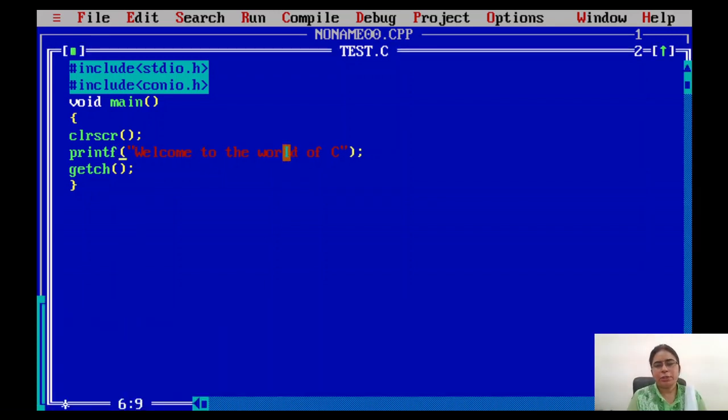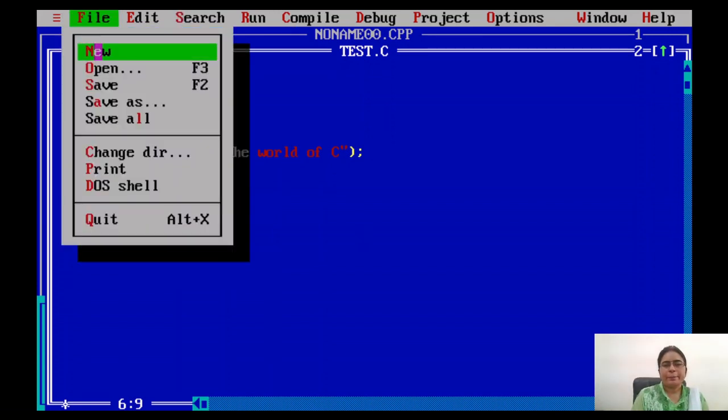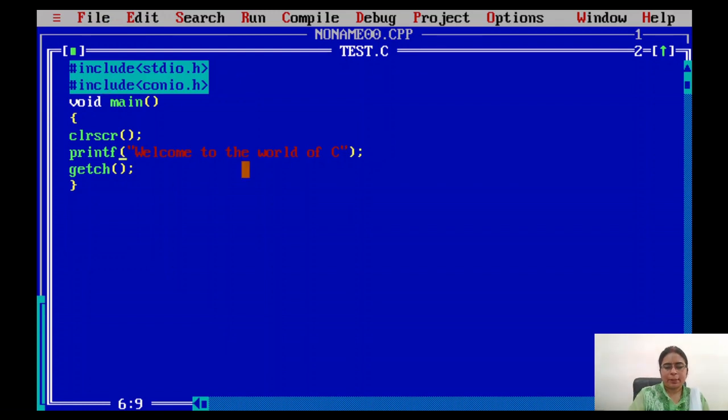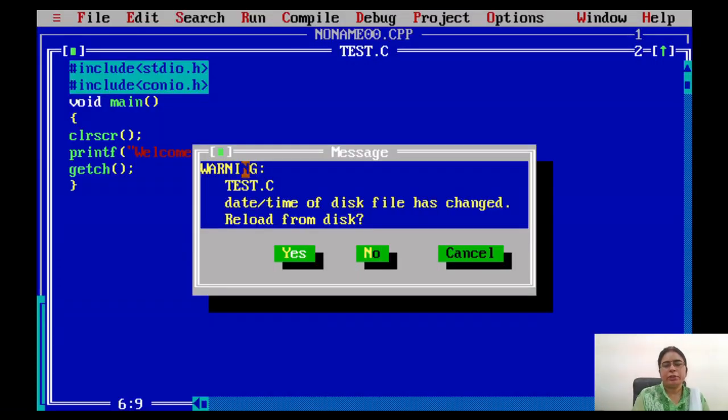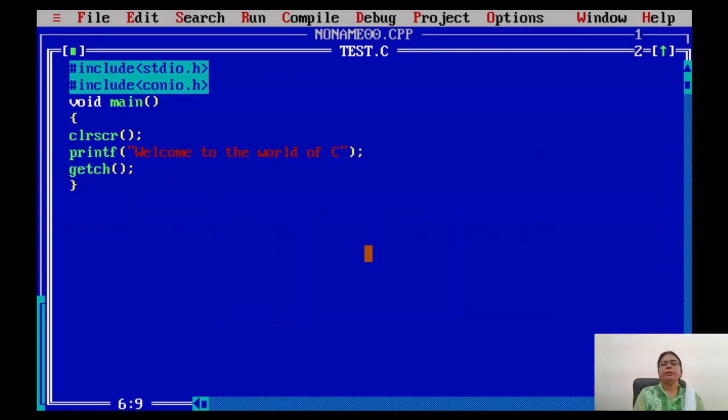So what I will do is I will again make it as printf. I will save it. Alt F9, Control F9. Now the program is working fine. Okay, so in this way we can make different programs, and then we can execute the programs with the help of Turbo C editor. So today what we discussed is